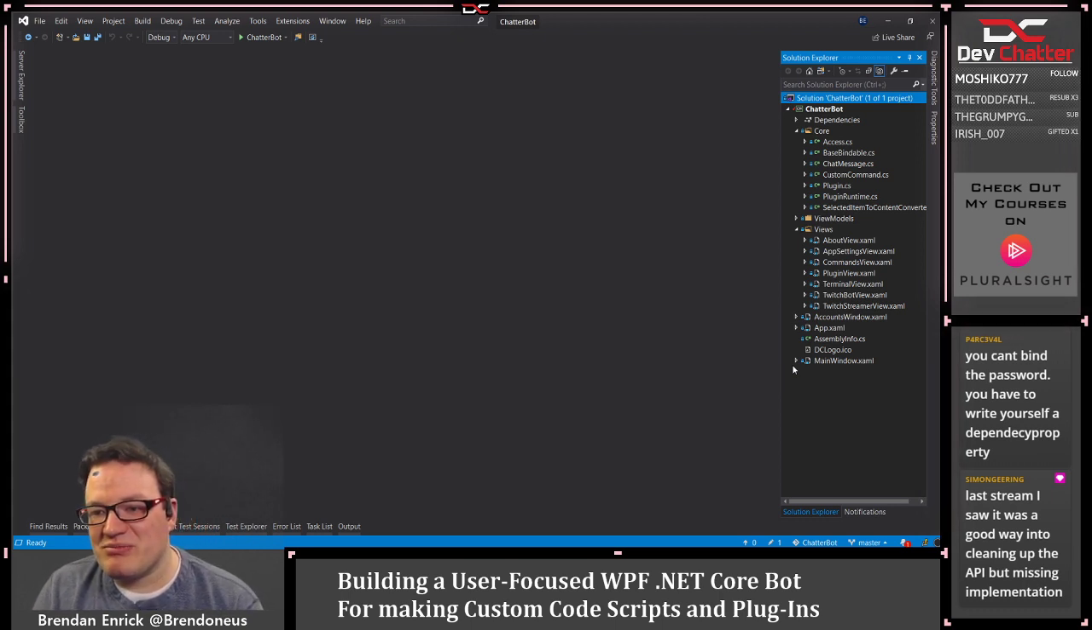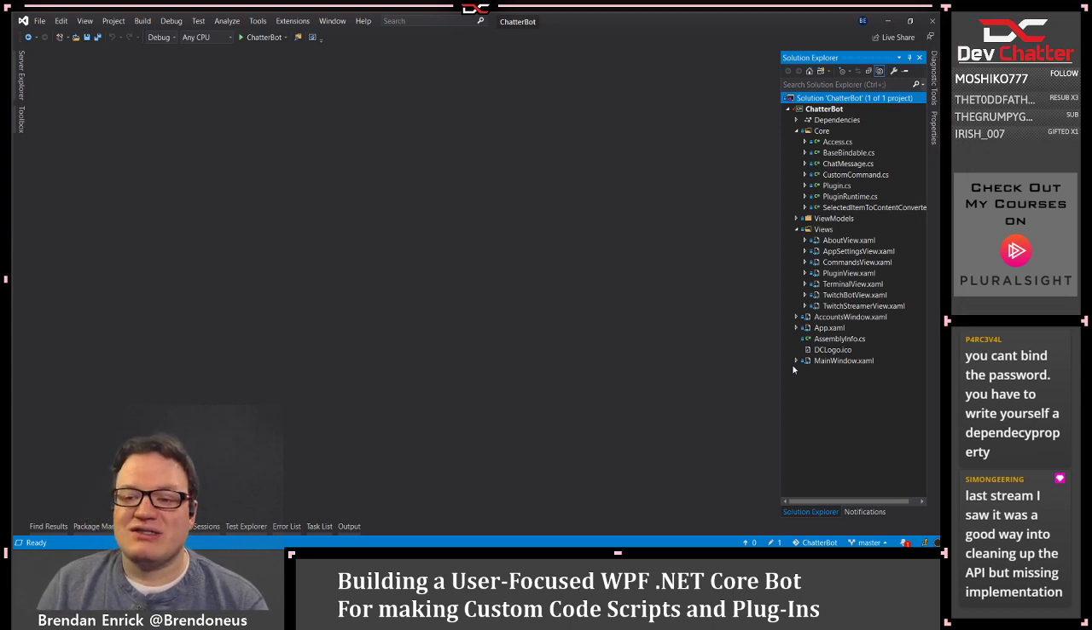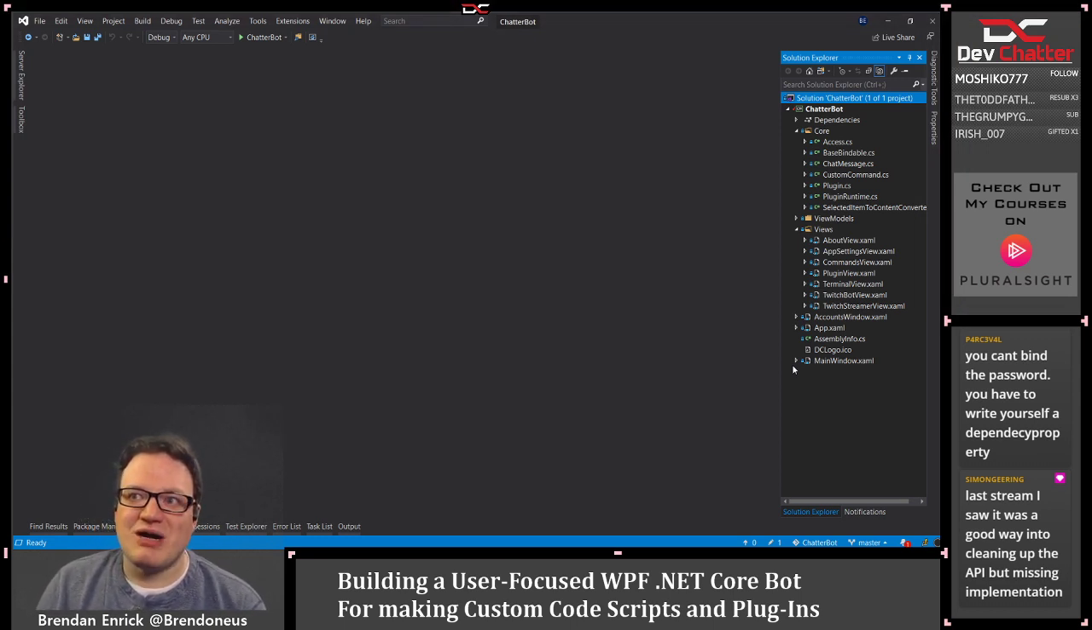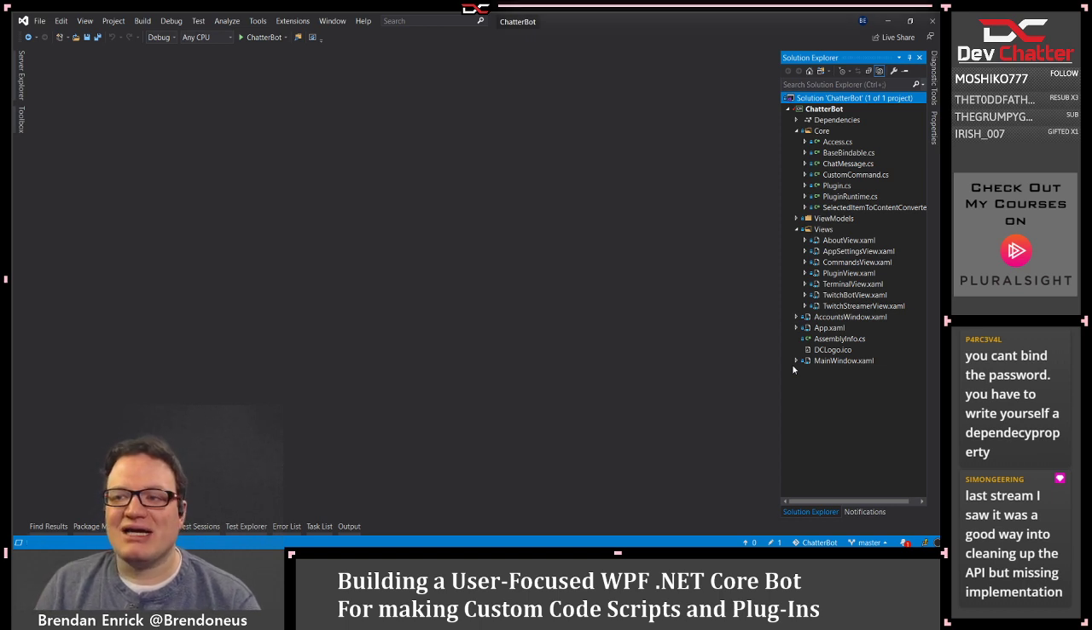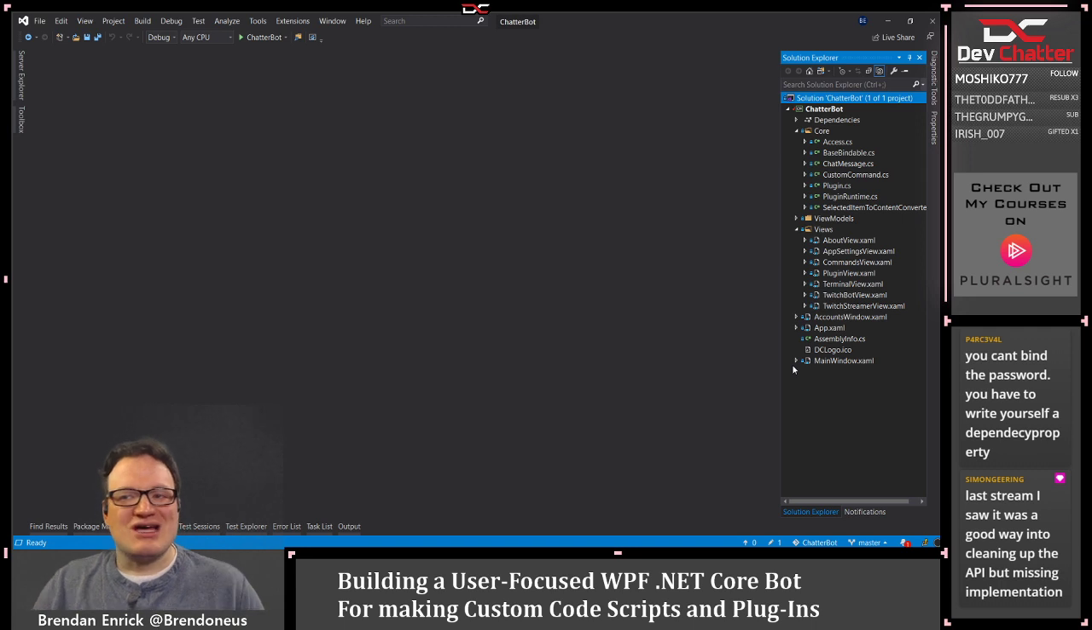Into cleaning up the API, but missing the implementation. Okay, so sounds like he's probably still a ways away. So we will probably depend on the current version of TwitchLib until some of the implementation of that API actually exists. So he's got basically the same kind of thing that we do,